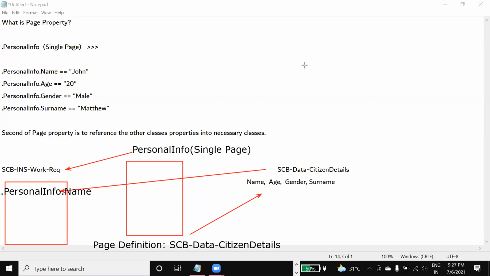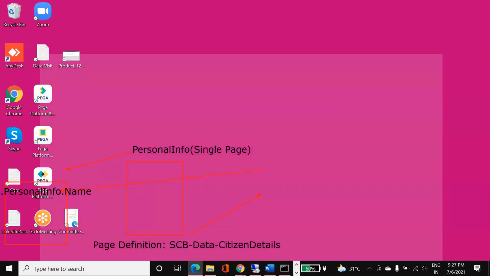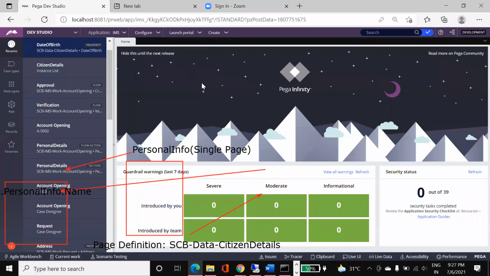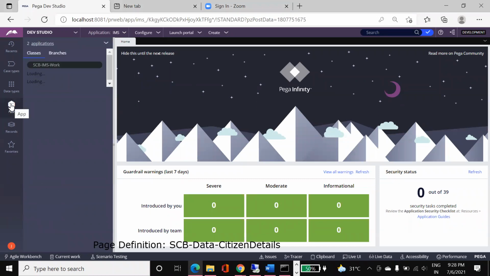Okay, now let us go to the practical implementation. Let me erase these things. Now, how to create this property.